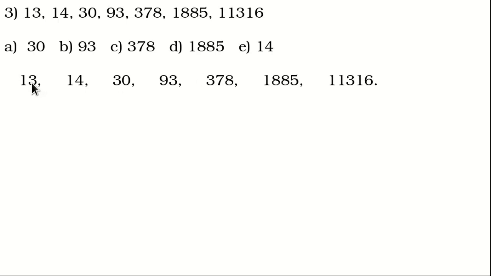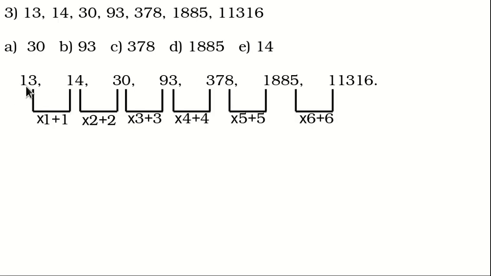As we discussed in one of the previous lessons, if you observe two numbers in a series with the lowest difference given, when the difference between these two is 1, so along with plus 1, I want you to try this one into 1 plus 1. Now relation between these two, 14 times 2 is 28, 28 plus 2 is 30, 30 into 3 plus 3 is 93, 93 into 4 is 372, plus 4 is 376, but you are given 378 here.